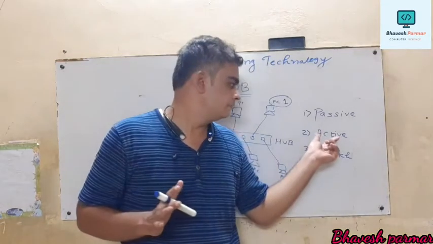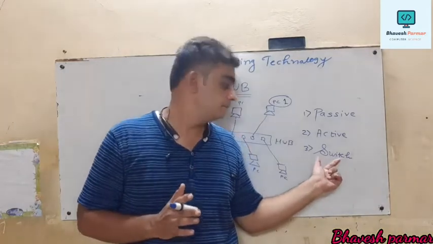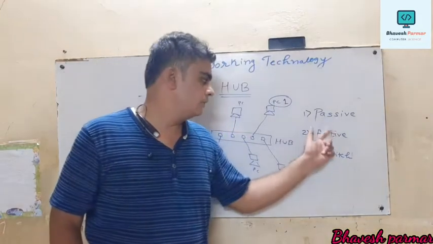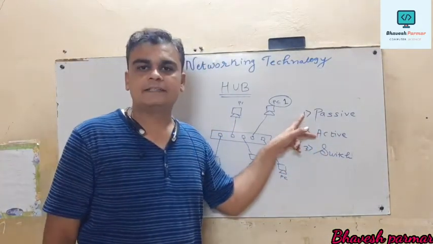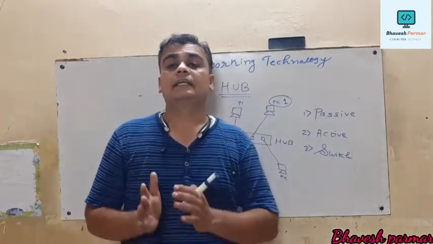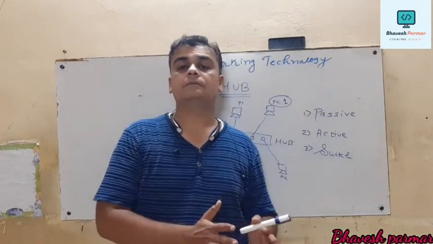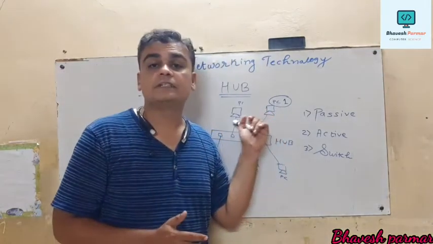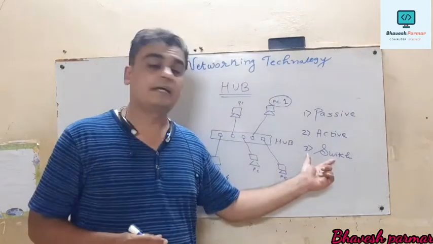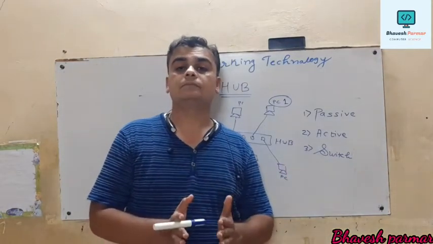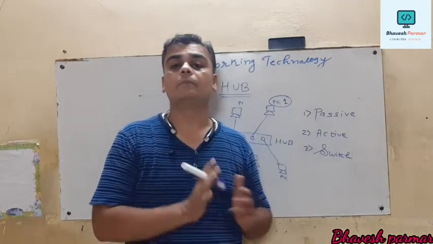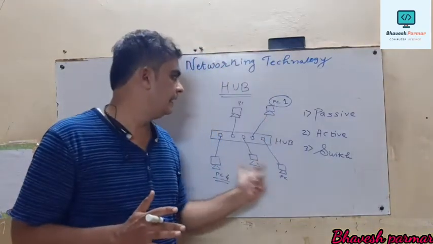Now we move on to the third type of hub, switches, or you may also call it an intelligent hub. If we compare the previous two types, the passive and active hubs, switches are very smart and intelligent. They can transmit data at the highest speed, and even if a larger number of computers are connected in a network, it still does not affect the speed of the network. Sometimes it also uses a smart algorithm, which you may call the shortest path algorithm, while transferring data between computers in a network. So these are the basics regarding hubs.